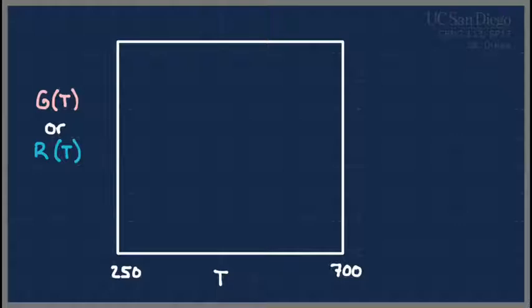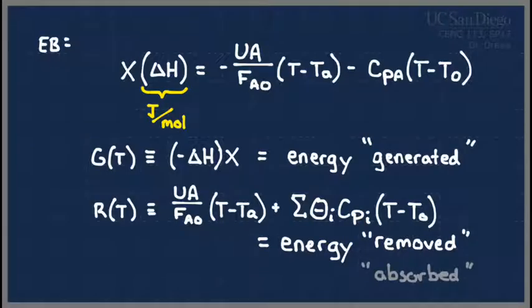And we're going to get two curves that show up on here. We're going to get an R curve, we're going to get a G curve. There's something very interesting about both of those curves. The interesting thing is that R of t is linear in temperature. If you look at the places temperature shows up, it shows up right here in a linear fashion, and right over here in a linear fashion. So if I plot R of t as a function of t, it's going to be a straight line. It's going to be angled somehow, and it's going to have some kind of an intercept, but it's going to be a straight line. The other one, G of t, is not going to be a straight line